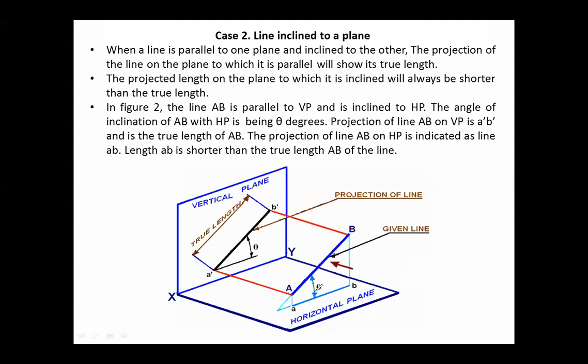You're getting the difference. If we see an inclined thing from a perpendicular direction, the linear dimension will not look the same. It will be shortened. It will never be greater. It can be equal or shorter. Understand? So this is the projection on the vertical plane. This is the front view. This is the top view. Clear?